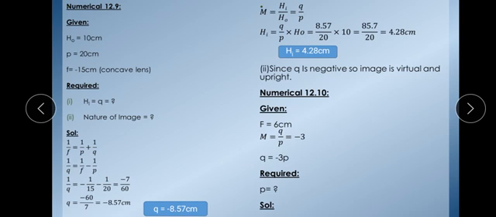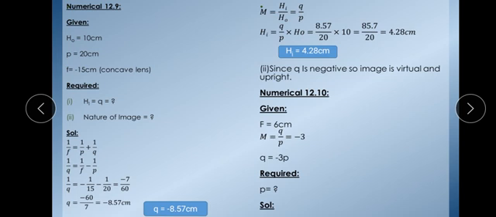First we use the relation for finding the q. 1 over f is equal to 1 over p plus 1 over q. After rearranging in the next step for 1 over q, it will become 1 over f minus 1 over p. Students, as you know, in the next step we will put the values: minus 1 over 15 minus 1 over 20. After taking the common factor of 15, 20 and solving with the numerator values, it will become minus 7 by 60. And after taking reciprocal on both sides, to get q, it will become minus 60 by 7, which will be minus 8.57 centimeter, the sign of minus telling virtual nature.